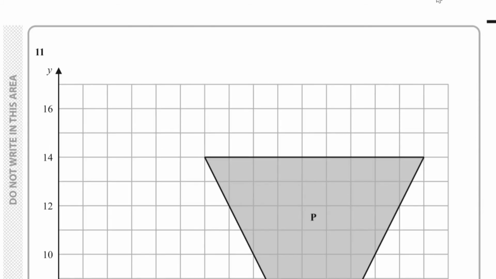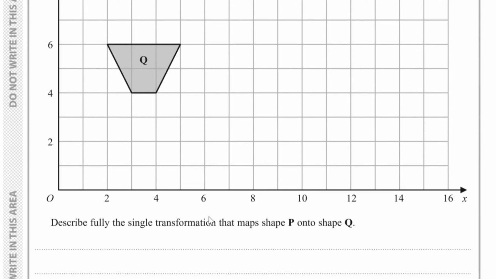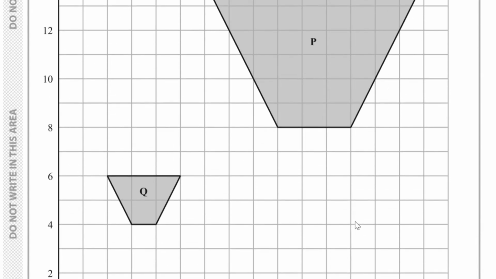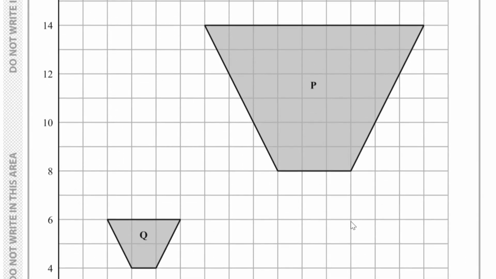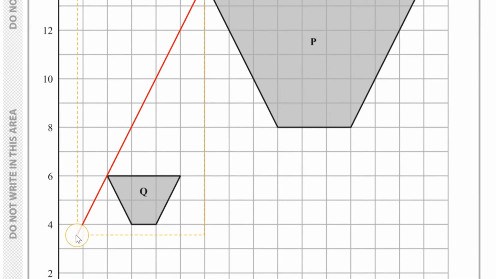Question number 11. We've got shapes P and Q, and we have to describe fully the single transformation that maps shape P onto shape Q. Well, what we need to do is, from the corresponding sides, draw a line, like so, and then if I extend this line even further down to say this point, and doing the same thing for the other points,